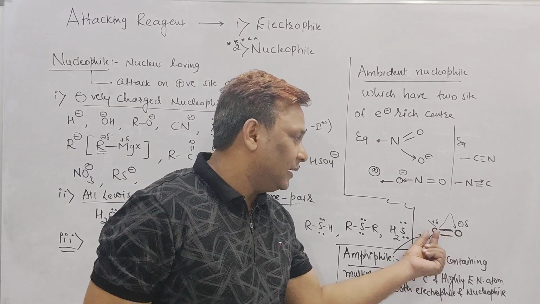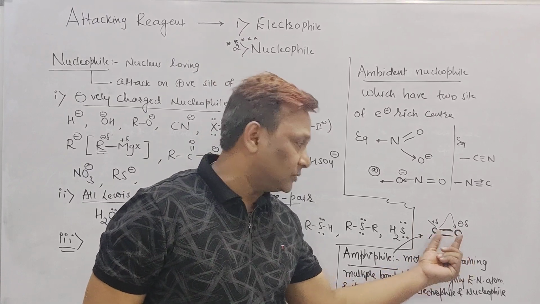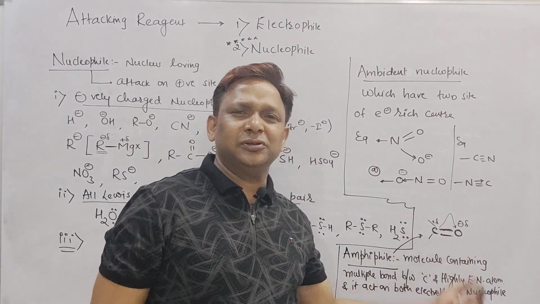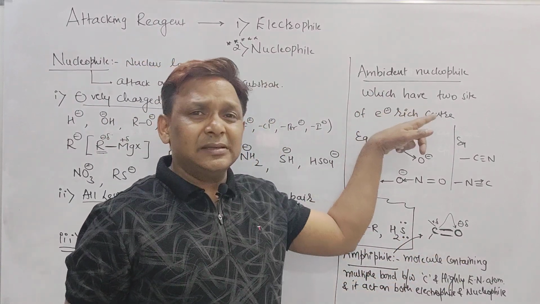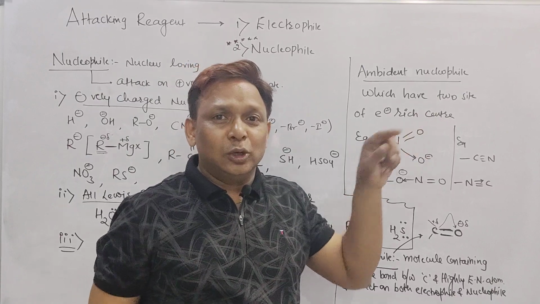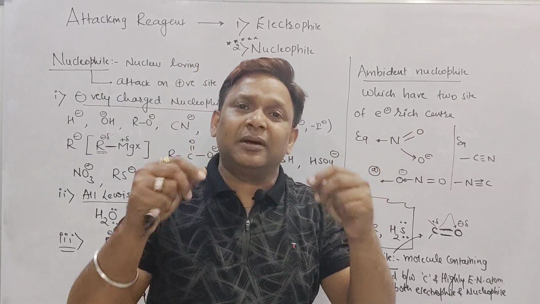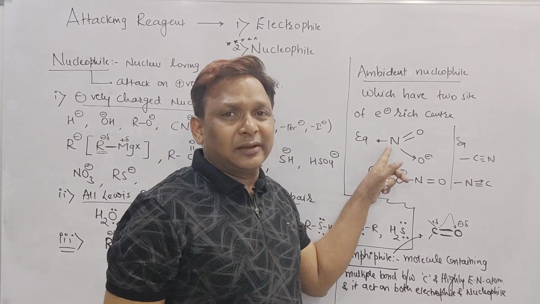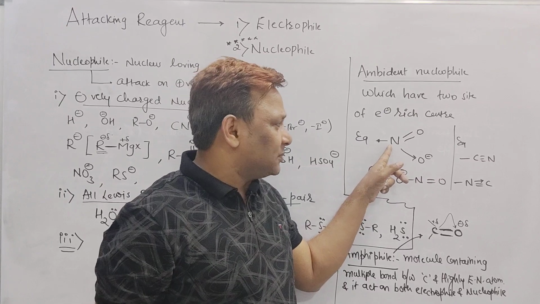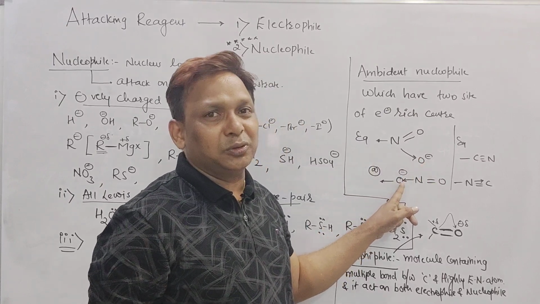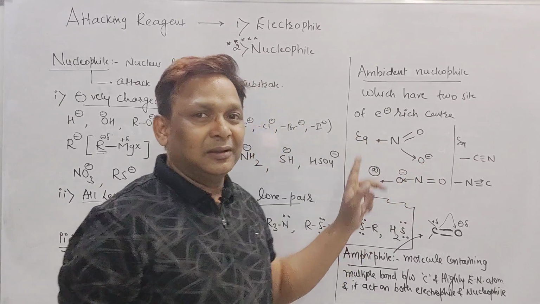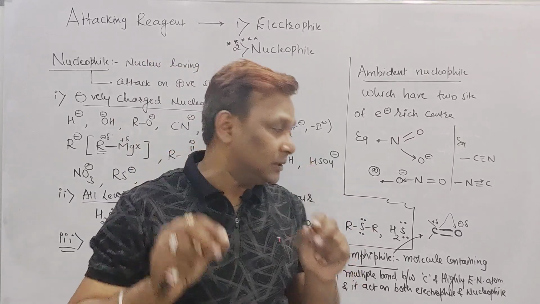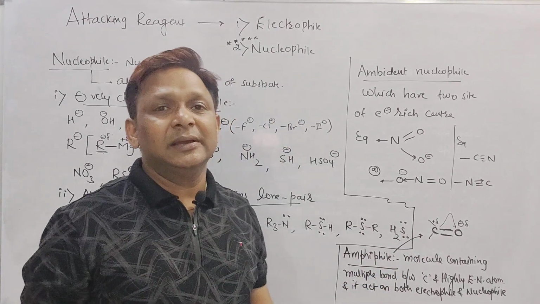So it is a species having both positive and negative. It acts as a what? Having an electrophilic center and a nucleophilic center. So it acts as an amphiphile. Amphiphile means species having both positive and negative. But ambident means a species having two different atoms, and both atoms have a tendency to donate a lone pair. For example, in one case nitrogen is donating a lone pair, but in another case oxygen also has a tendency to donate a lone pair. That is ambident. But in amphi, in one species one part is an electrophilic part and the other part is a nucleophilic part, hence that will be an amphiphile.